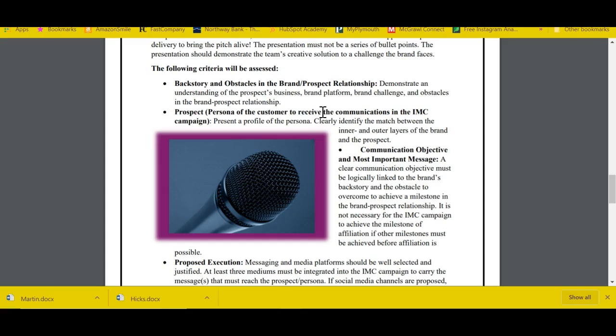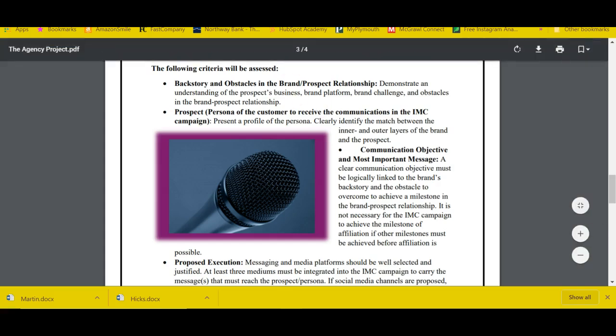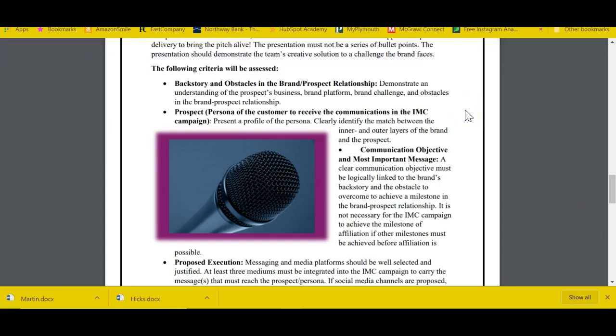You could use PowerPoint, you could use a Prezi presentation, you could use Spark as I've been doing the whole semester, Adobe Spark. You have it for free through Plymouth, and it's very easy to create. It's super approachable, and it gives you a nice transition time from slide to slide or the way that you want to present information. This I'm totally leaving up to you. But remember, you are taking a branding class.